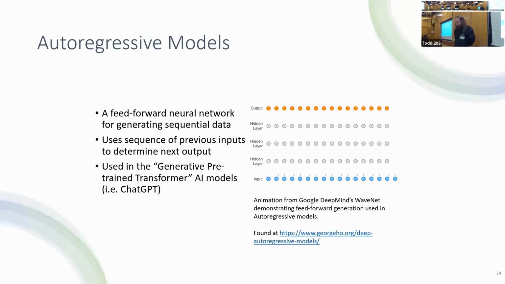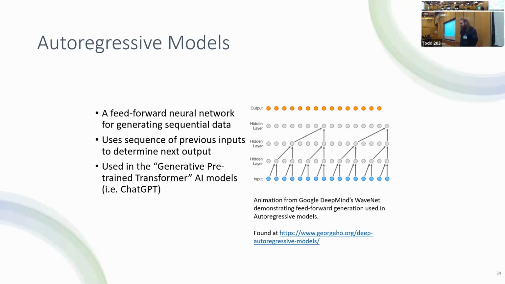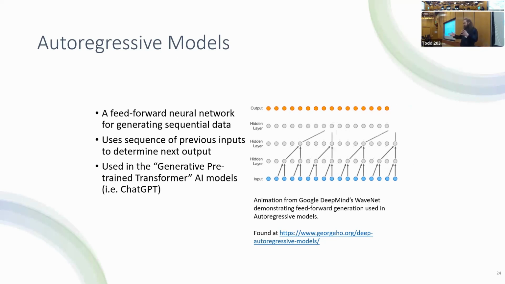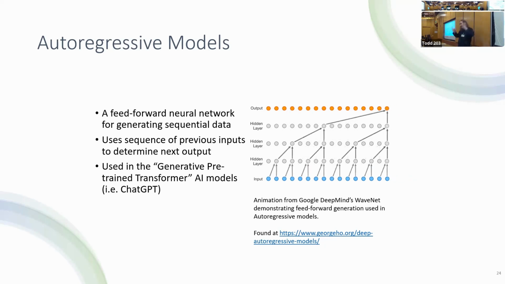Then we have autoregressive models. These are also known as large language models. How many of you have worked with ChatGPT? There are a number of hands as well. Okay, so autoregressive models are a feed-forward neural network. So what this means is that we are taking the previous input and output and feeding them into the next input